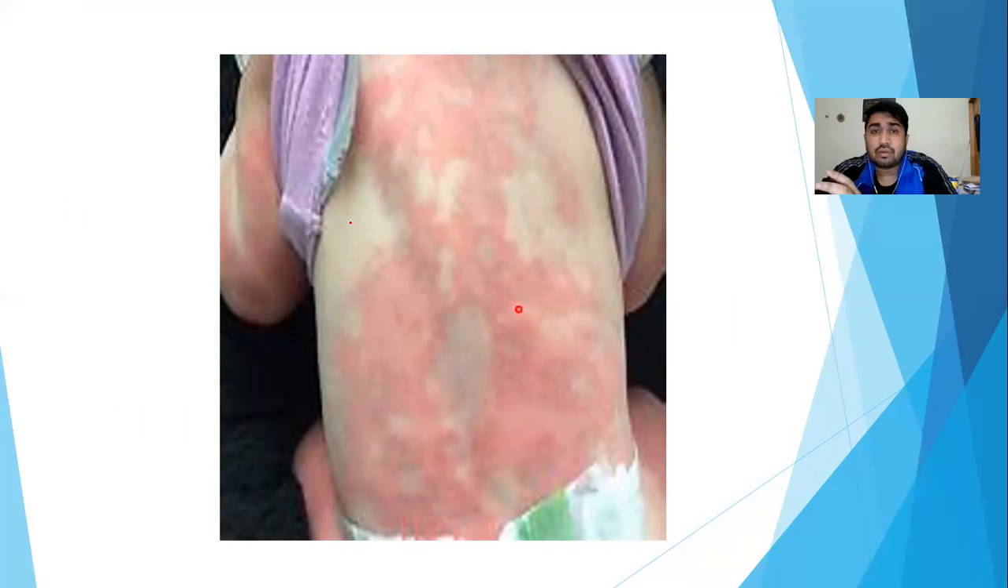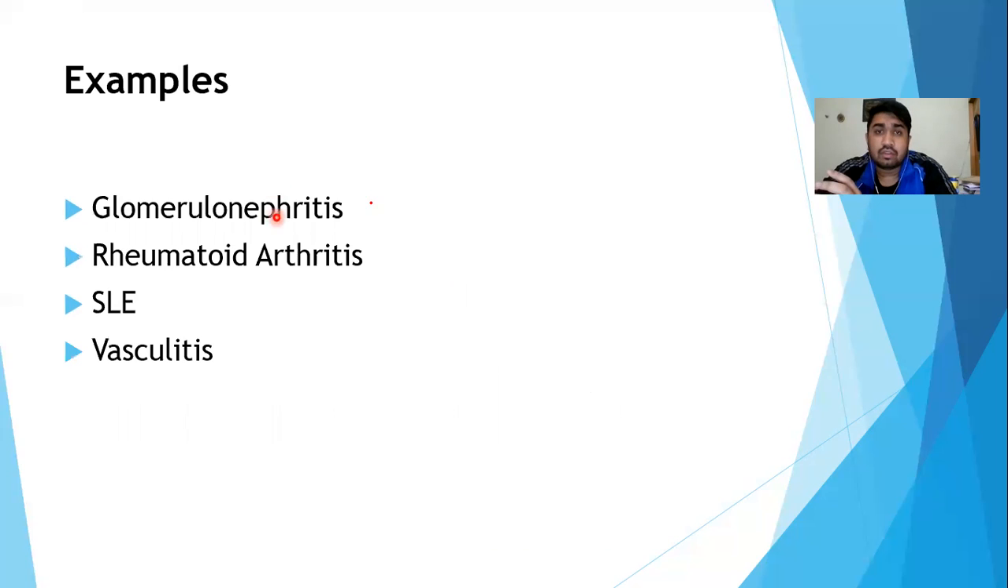There are typical examples of type 3 hypersensitivity. First one is glomerulonephritis. Second one is rheumatoid arthritis. Third one is SLE and vasculitis. If I go through each of these points,